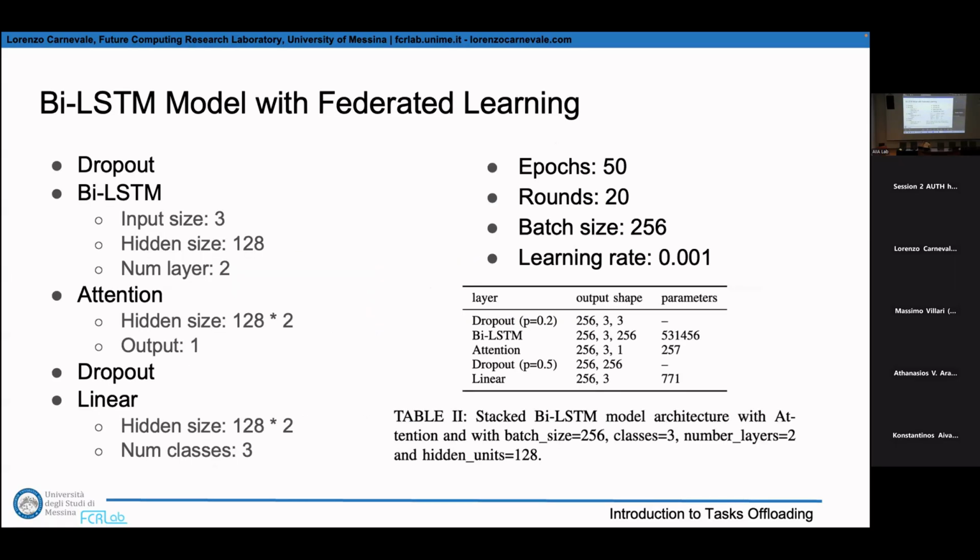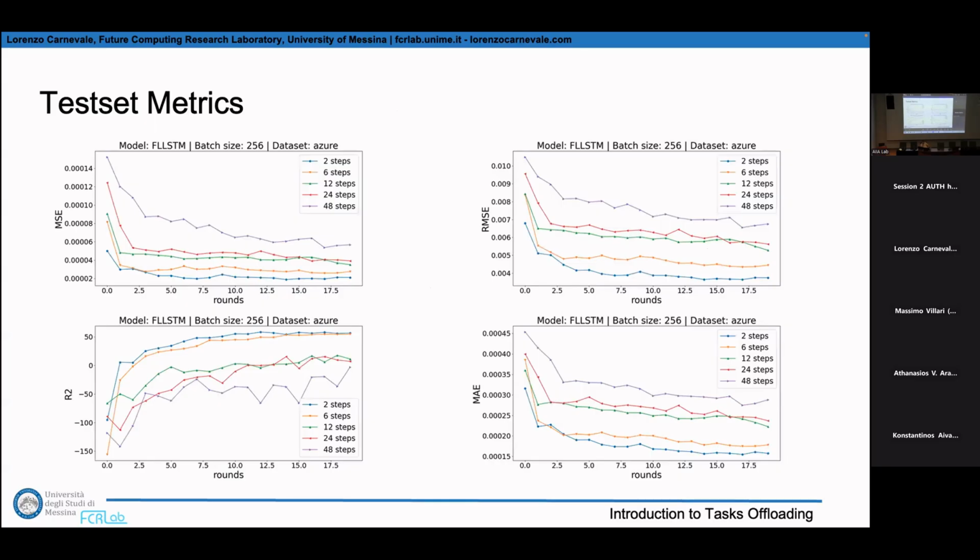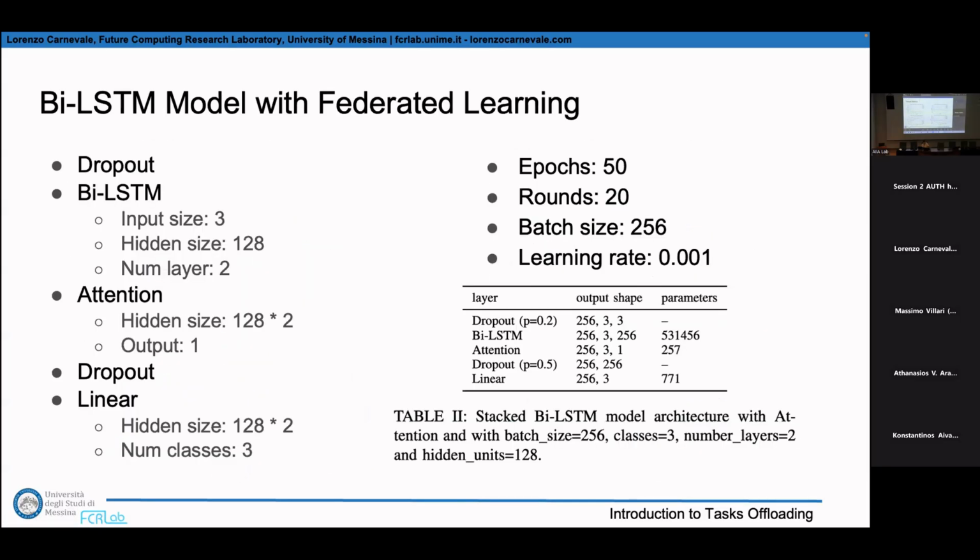Then we tried to complicate the model a bit, to increase the amount of parameters, and to add also an attention layer. In this case, the computation needed much more time, so we removed the 96 steps. We still have 1 step in the future. The values are quite good. The R squared starts from a negative point, but is able to move to more or less 50, so to some value that was already okay.